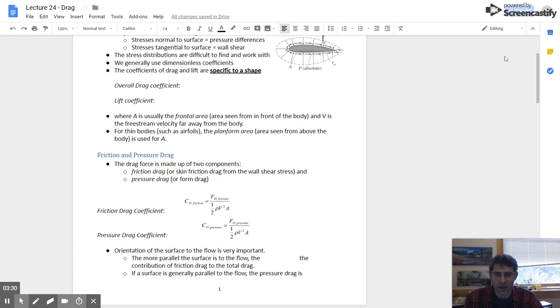So for those, again, we're going to replace some of the difficult integration with coefficients of drag and coefficients of lift. And so the overall drag coefficient is defined